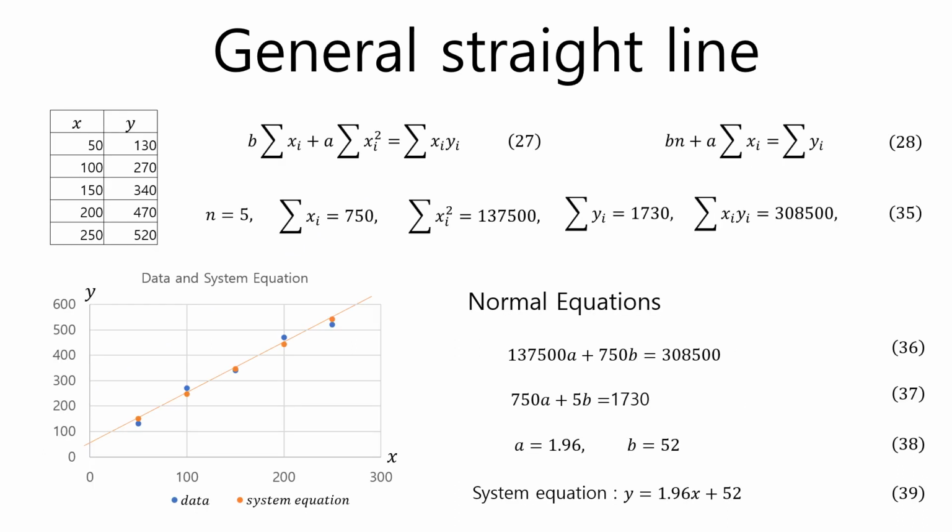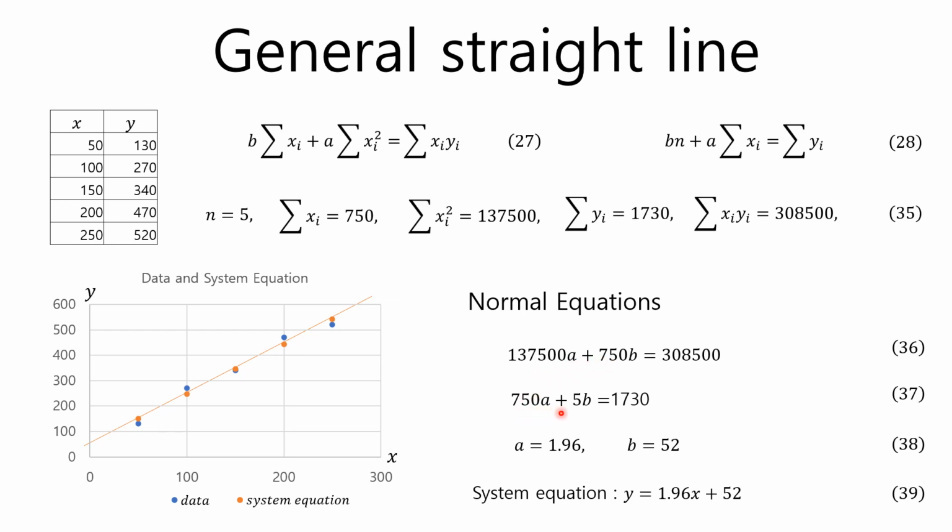If the measured data values are as shown in the table, they appear as blue dots when displayed in a scatter plot. If the system function is a general linear function, the coefficient of the system equation can be obtained from equations 27 and 28 obtained previously. If you calculate each term in equation 27 and equation 28, you can get the result of equation 35, and by substituting these values into equation 27 and equation 28, you can get equation 36 and equation 37, which are